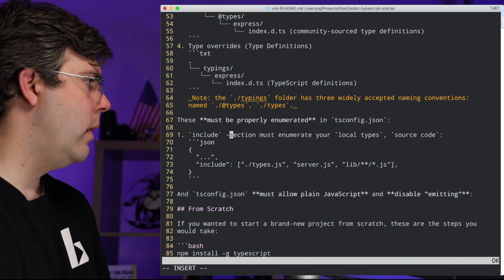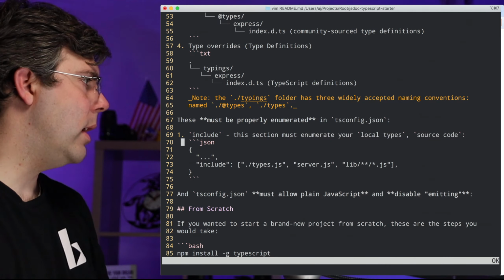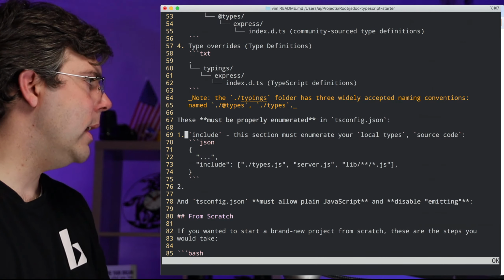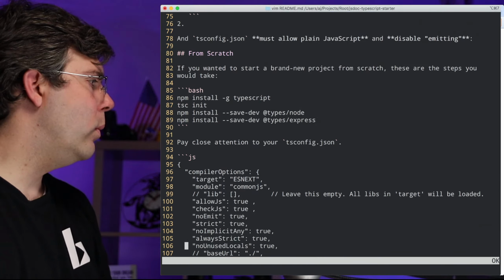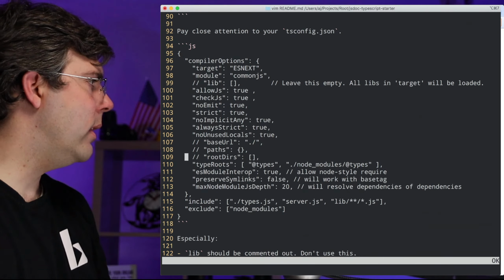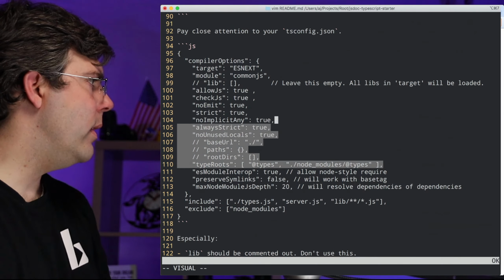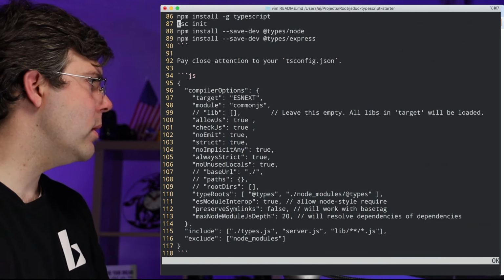Let's see. This section must enumerate your types. There we go. And then the next section that's really important in the tsconfig would relate to root types. I think that would be another one. So where was that at? Root types here. And this also has to do with compiler options. So I'm just going to bring this up